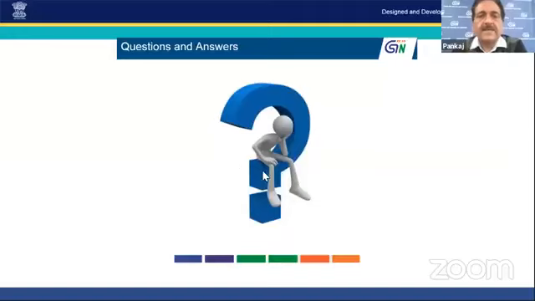Sanjay Amarnani sir has asked about a cash validation error. The cash validation error in your case might be due to the fact that you are trying to discharge the tax liability on account of reverse charge mechanism. But all liabilities which are liable to be paid under reverse charge mechanism are to be paid in cash only. Only after paying in cash, you can avail credit of that amount paid.